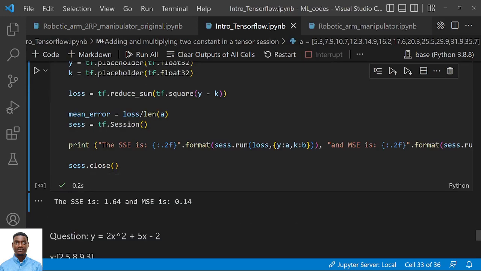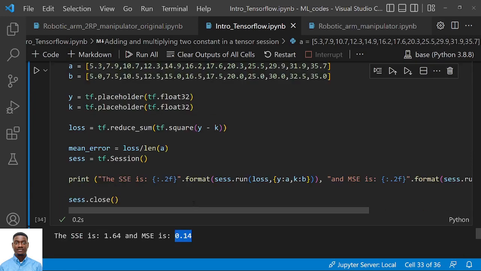So we see the SSE is this and the MSE is this. So that is just how you can do your mean squared error or your sum of squared error easily with